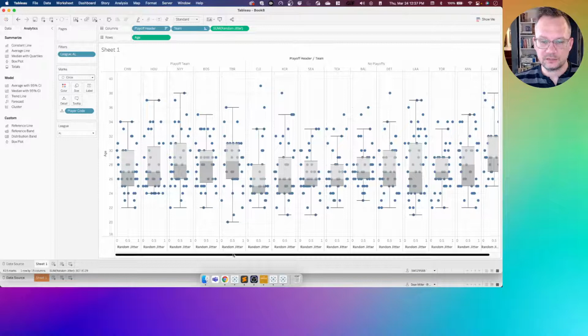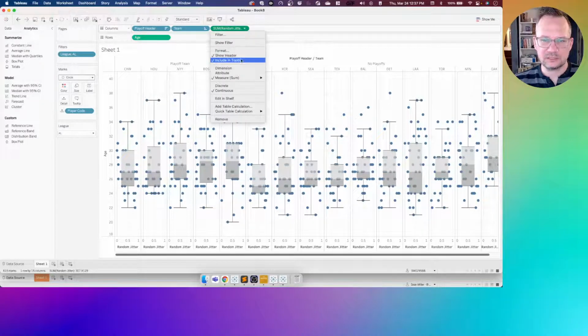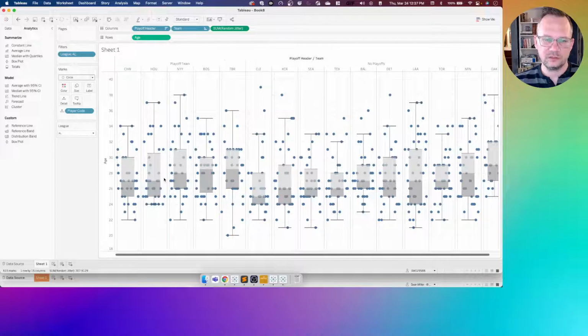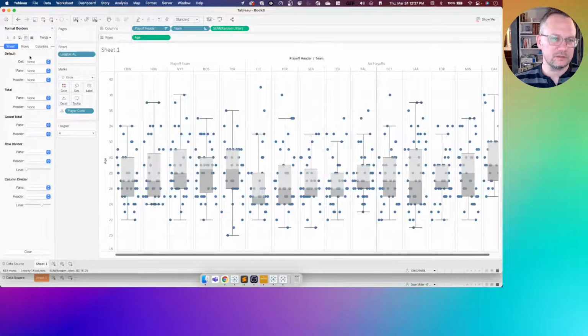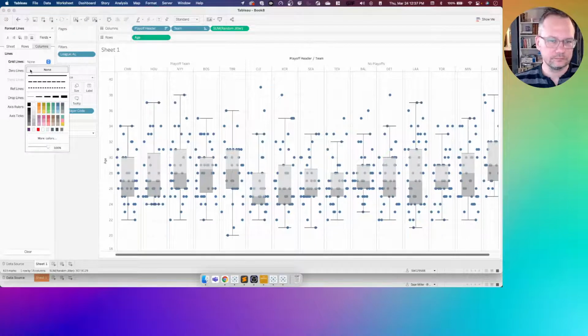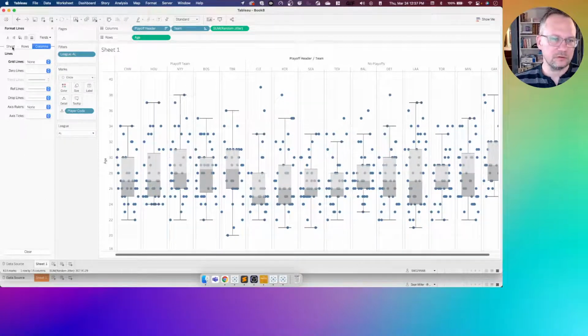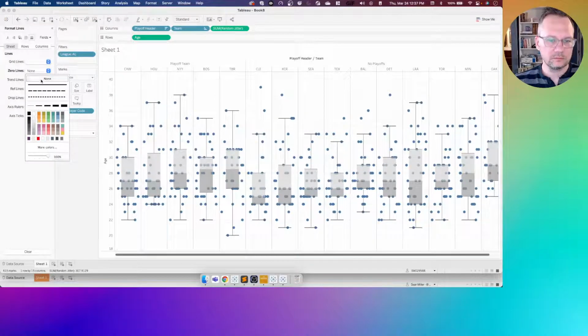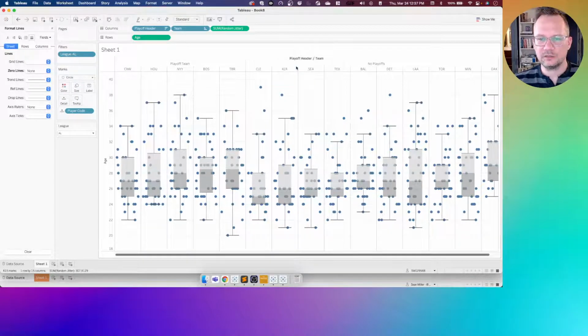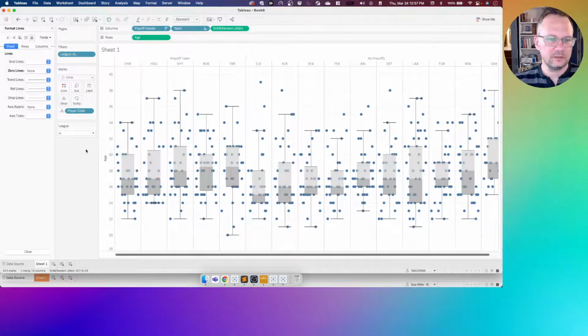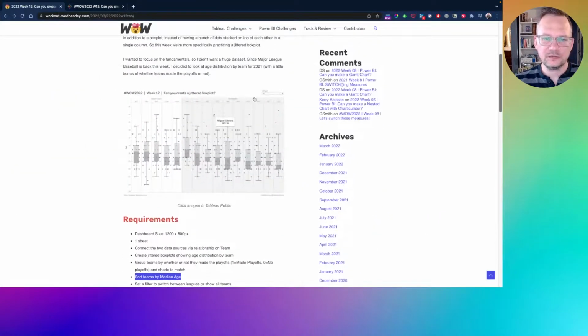So there you go. Now we don't need this x-axis because it's just noise. We can go ahead and get rid of that. Do a little bit of formatting here. I'll go ahead and get rid of all my grid lines on my columns. There we go. Get rid of my zero lines everywhere. There we go. And then the last thing he's got is, I'll hide my labels here. If we go back and look, he's got the no playoff team in gray